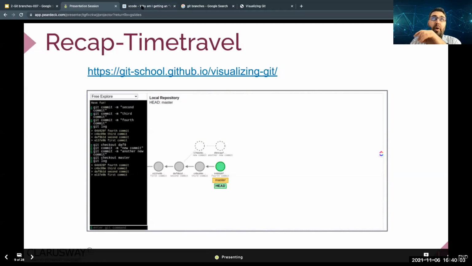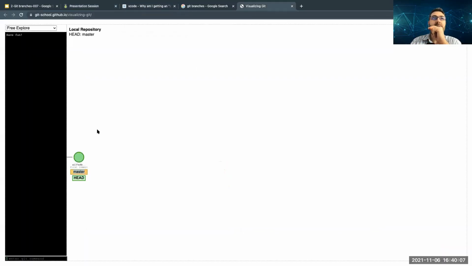The most popular way that I also use is, let's get back to this website. Now it's master, right? Let's create a new branch. What I use is git checkout -b for the new branch, and your branch name, which is develop.